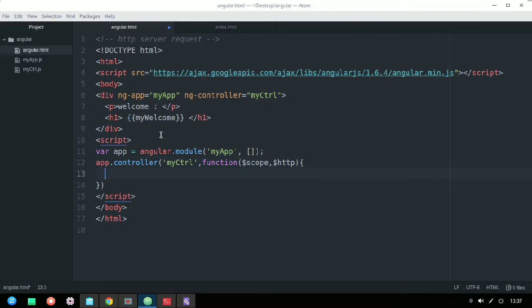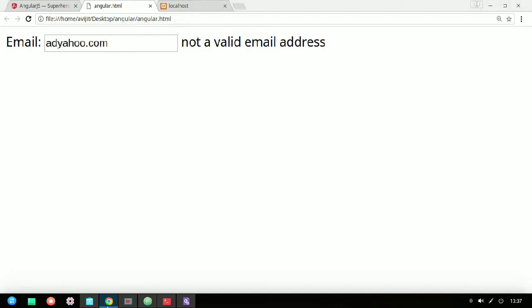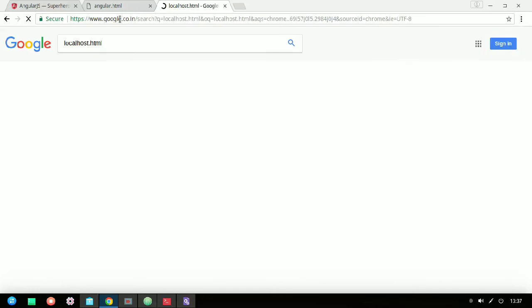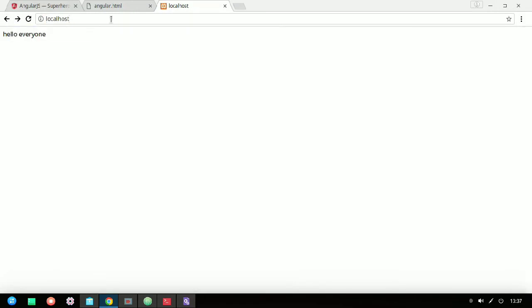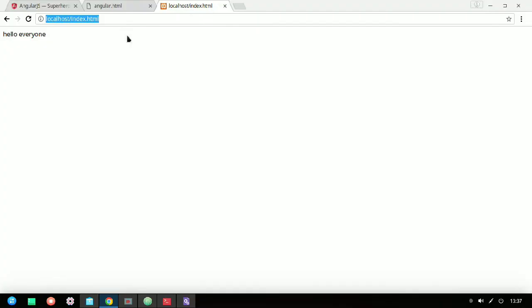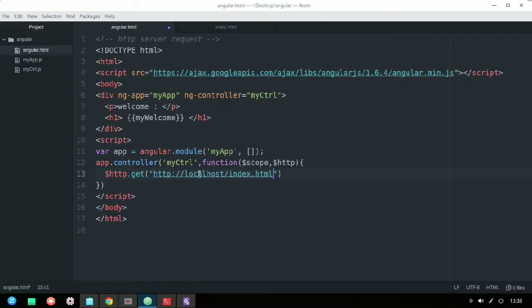So here two parameters are needed, that is scope and http, and inside the function tag, that is http server request. You can see, okay, just copy the whole thing. The localhost, actually it is localhost/index.html. Copy and paste the whole thing here and